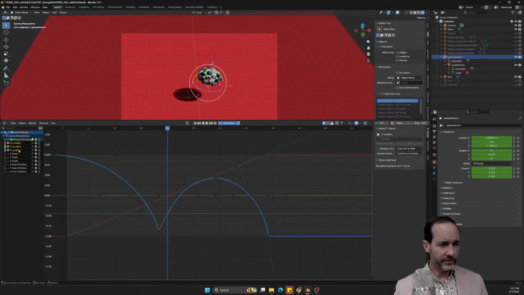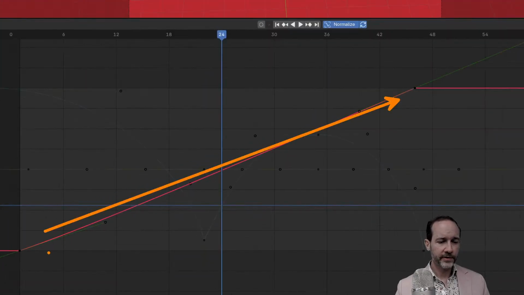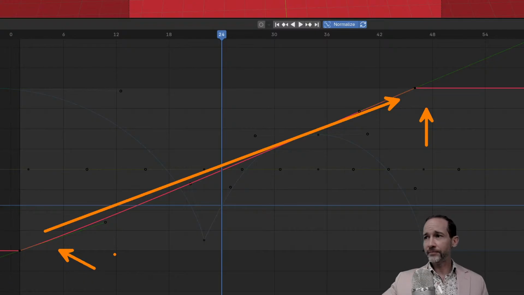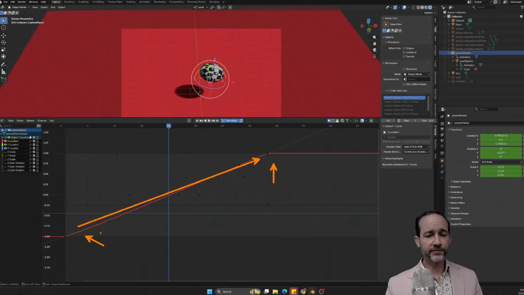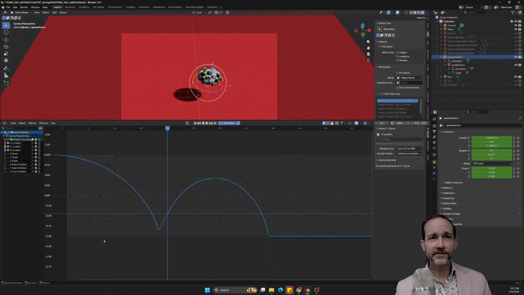The X, this is the ball moving across the screen. I didn't set it to linear, but I just dragged the handles, so it's pretty much a line, right? And so it's pretty much moving at the same speed from left to right across the screen. That's the X in my case. The Z, this makes sense to everybody now, right?